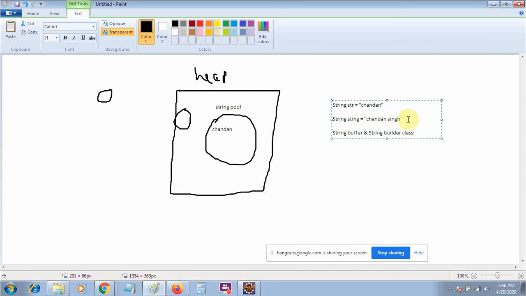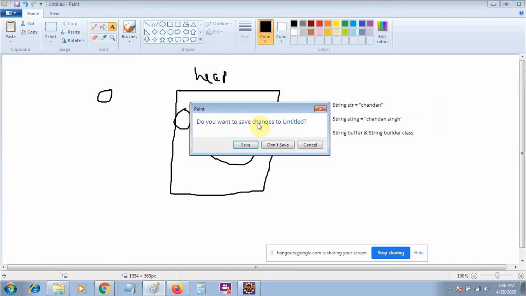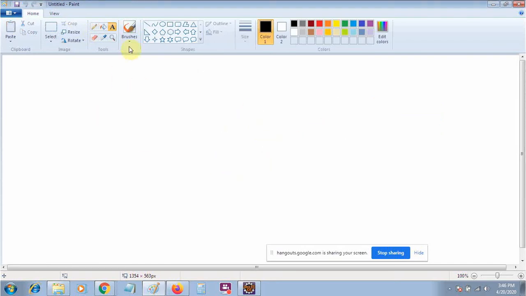Both classes are very much the same: the methods are the same and they perform the same operations. But what is the actual difference between them? Before explaining the difference, I will explain a little about threads. In the thread class we will work much more on synchronization, but for intro purposes I am just explaining.